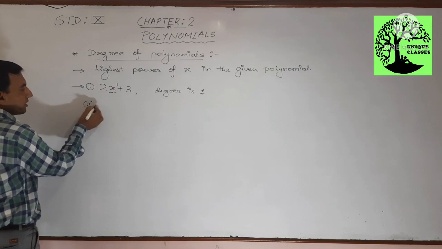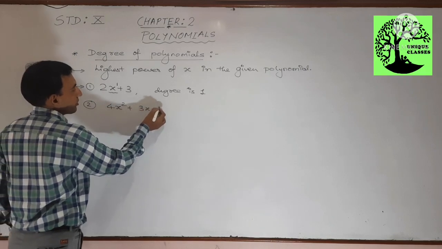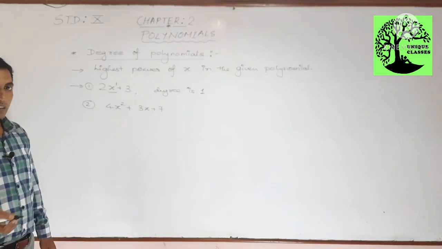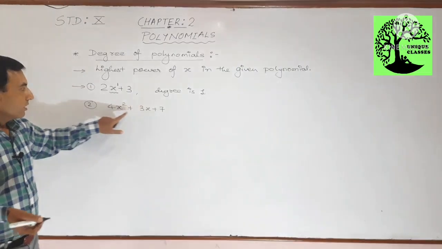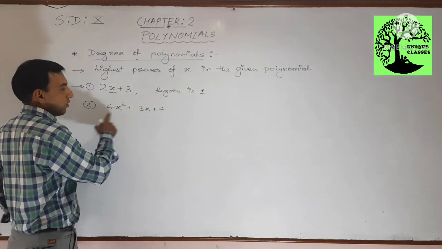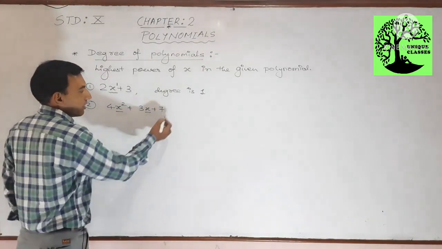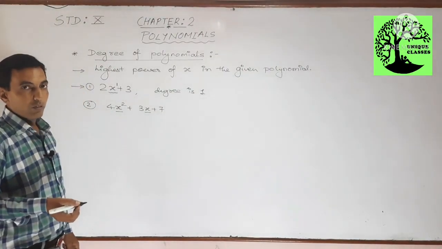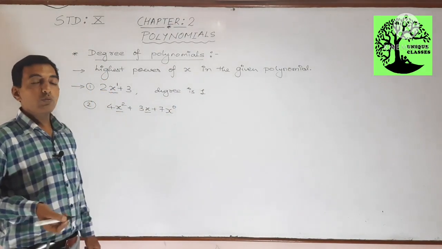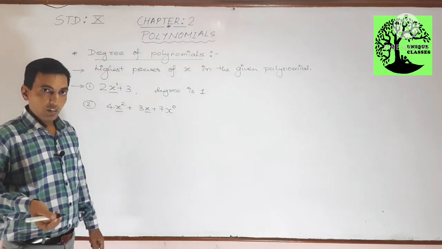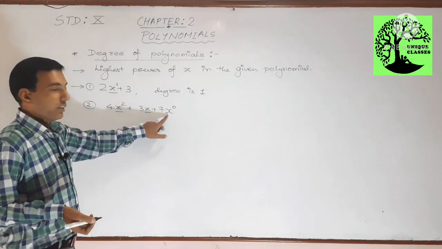1. So, we can say degree is 1, student, of this polynomial. We are going to take some more examples. 4x square plus 3x plus 7. Here I taken a trinomial consisting of 3 terms, 1, 2, 3 terms are there. Again, student, you find out the variables in all the 3 terms. So, yes, we have the variable in this term, second term this is the variable, and last term there is no variable, but still we can write, student, as x raised to 0, because anything raised to 0, the value is always 1, and 1 is a multiplicative identity. If you multiply with 7, it will not change the value. So, you can write x raised to 0.